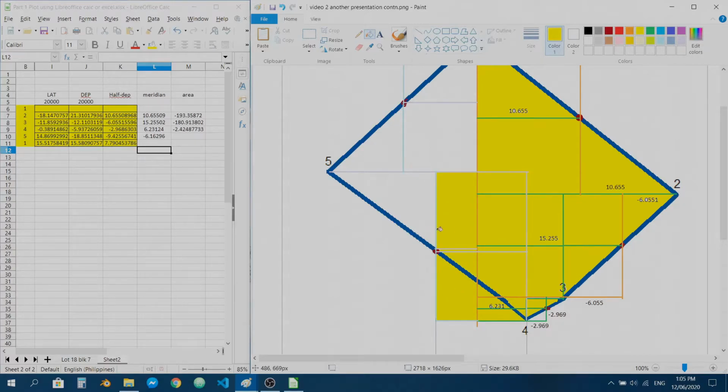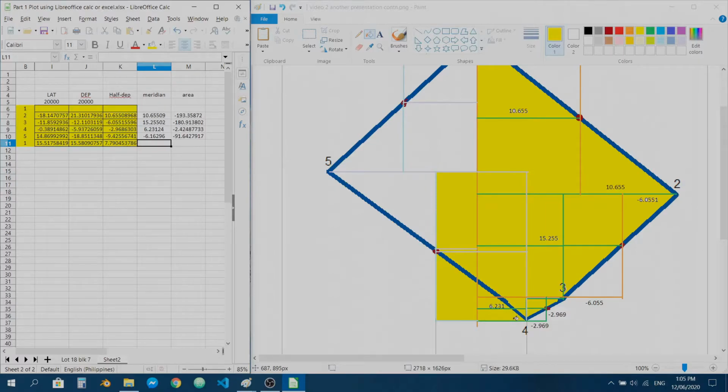Okay, multiplying it by 1, we get this area. Okay, let's do it now. Latitude by, okay, so that's our, and then as you can see from here, this portion taken from the area covered by multiplying the meridian and the latitude of both line 1 to 4, line 4 to 5, and then this portion when we computed for the